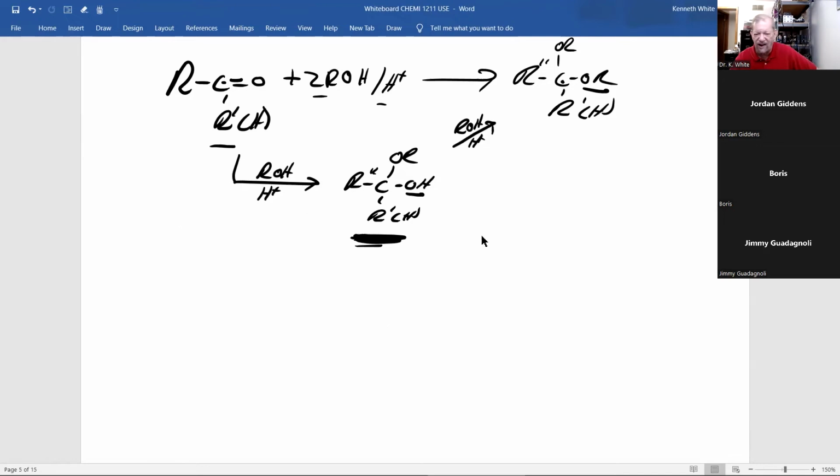hemiacetal, hemiketal, and react it with a different alcohol and acid, you make this first, isolated, and then do the second reaction. Well, the same thing happens. I'm going to replace that, but instead of with OR, I'm going to replace it with R triple prime O. And what you get